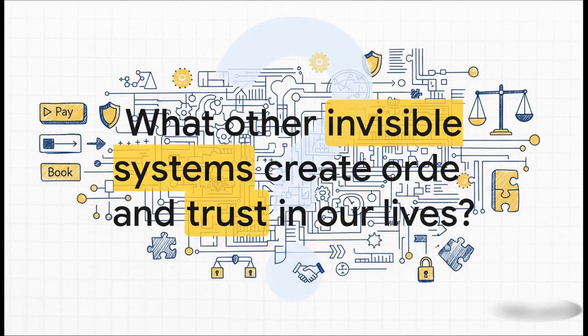So the next time you click Pay or Book or Send, just take a second to remember this powerful system of rules humming along quietly behind the scenes, just keeping everything from falling apart. These ACID properties are just one piece of this invisible architecture that builds trust into our world. And it really makes you wonder, doesn't it? What other silent, invisible systems are out there, quietly creating order out of what could be total chaos?